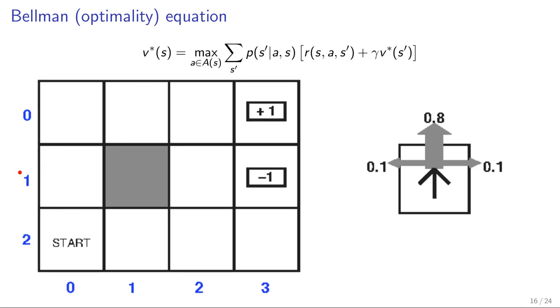So this is an equation that connects the value of one state with the value of any other state. It's a system of equations where you have as many equations as you have states, and also as many unknowns. Those are the actual value functions of those states. So it's n equations with n unknowns, which seems reasonable. One problem is this max operator, which is a nonlinear operator. If you're taking a max of something, it's nonlinear, and that means you cannot employ linear algebra tools for efficiently solving these systems of equations. So that's why